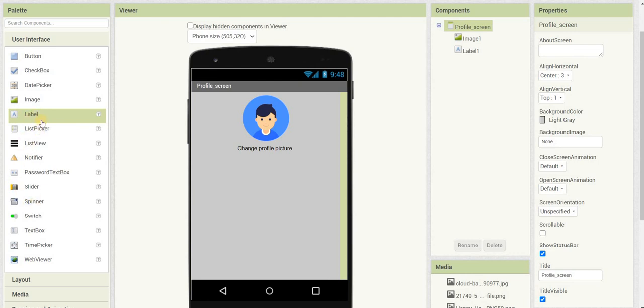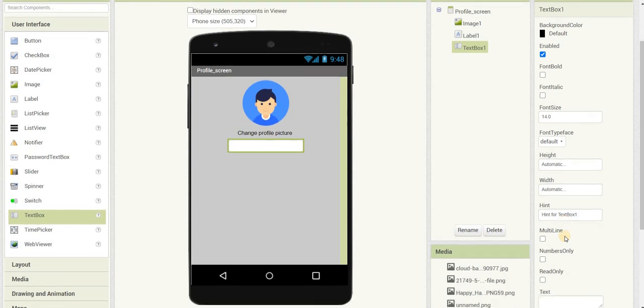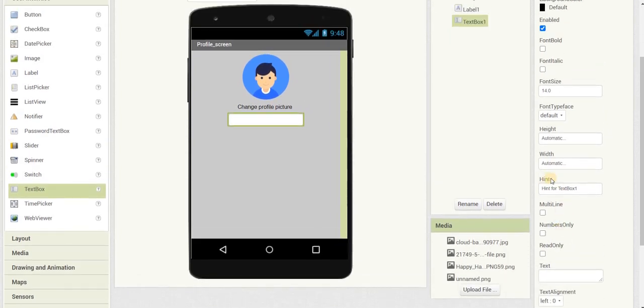Then we're not going to use a label here. We're just going to use text box and write inside the text box like this. Text box, put it here. Then the properties will appear at the right side here. Okay, just type here on hint. Can you see hint? Type, for example, here change email, for example,